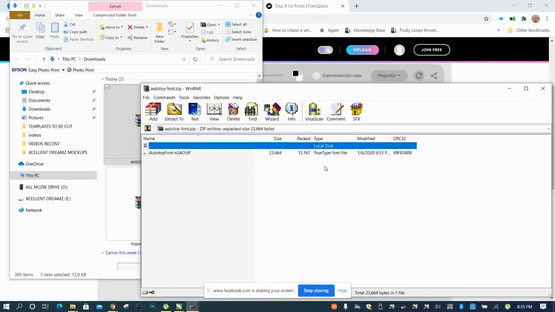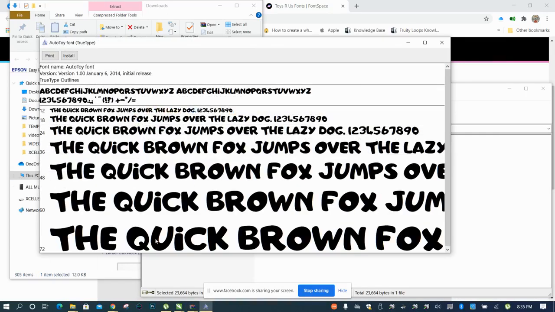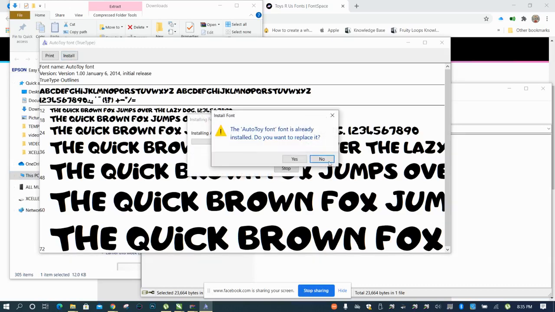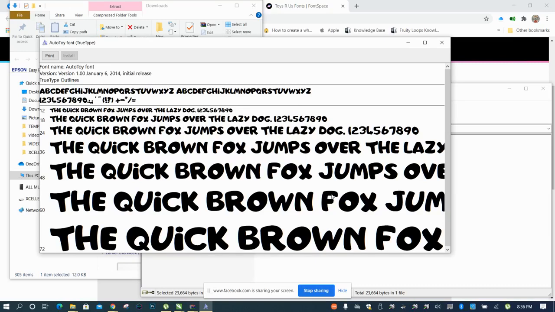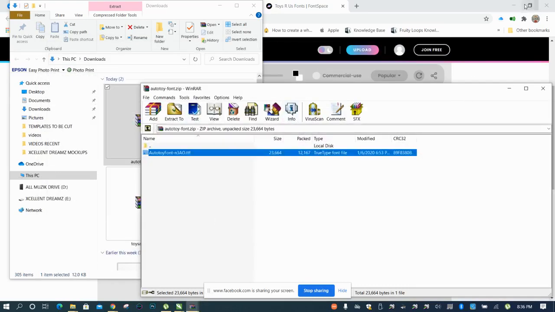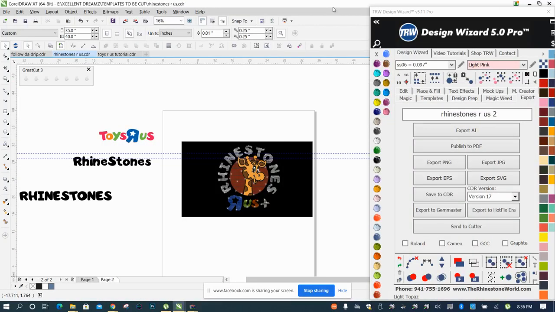It'll open up the zip file and double click on Auto Toy font and it brings up this screen here, the font installer. If I hit install right now, it'll say the Auto Toy font is already installed. Do you want to replace it? I can hit yes or no, but I'll hit no right now because I already have it installed. So once you have it installed into your computer, you go back to CorelDRAW